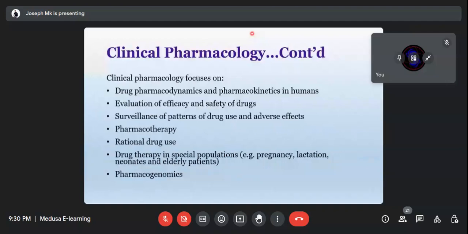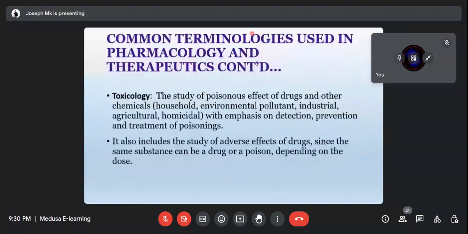So this is just the study of poisons. Like I've talked about a poison, what it is. I even mentioned that a drug can be a poison also once it creates undesirable effects on your body. So toxicology, I'm sure you know how to go about it and you can define it.